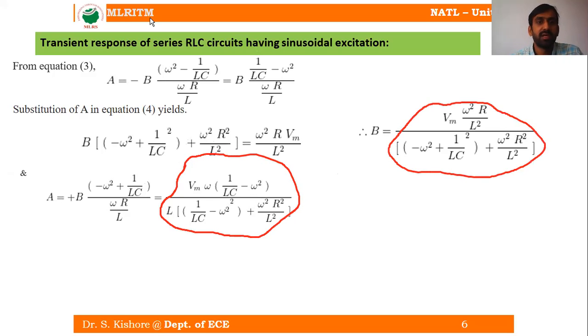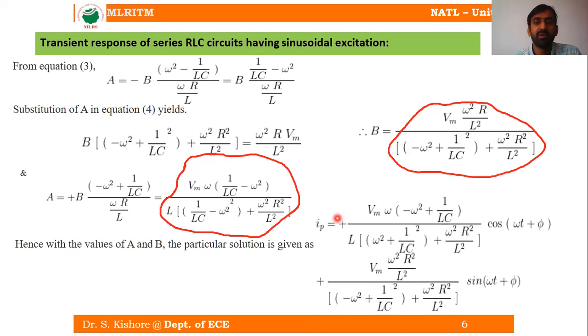what can we come across? Substituting the values of A and B, what is the particular solution? We got IP. IP is nothing but your particular solution. So this IP is going to be equal to A cos(omega t plus phi) plus B sin(omega t plus phi),